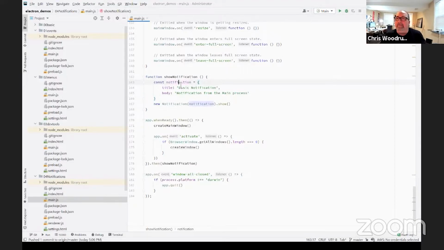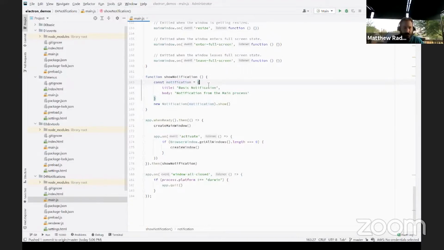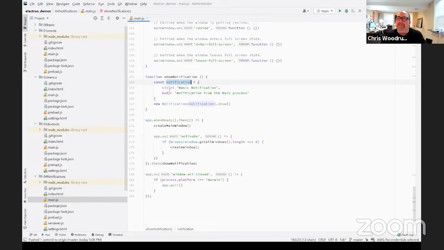So I can set up an object called notification that has my title and my body, and then I can send that into a notification and show it. And this will fire off right away when my application starts up. So just know that you can do notifications from your main process.